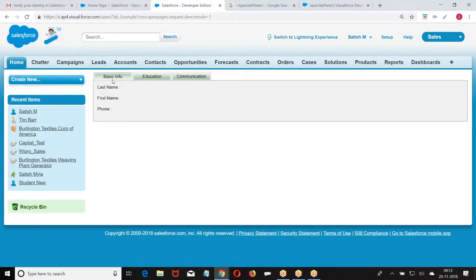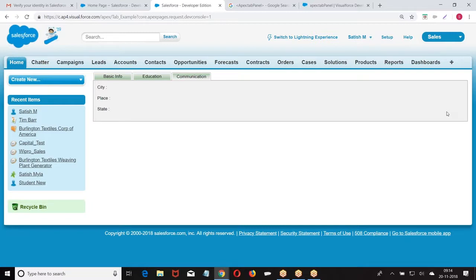So basic info, education, communication. We are taking the data from the page, the same, but we have multiple sections. Instead of giving everything on a single page, we are breaking them into different parts. Most of the time when you fill an application, they say enter the basic details, second step education details, third step experience, fourth step any other. Like that we are creating a box and specifying the elements here. When you click on this, basic data will be entered, education data, communication data. I will have a button here. When I click on the button, data will go to the server. Are you getting my point?